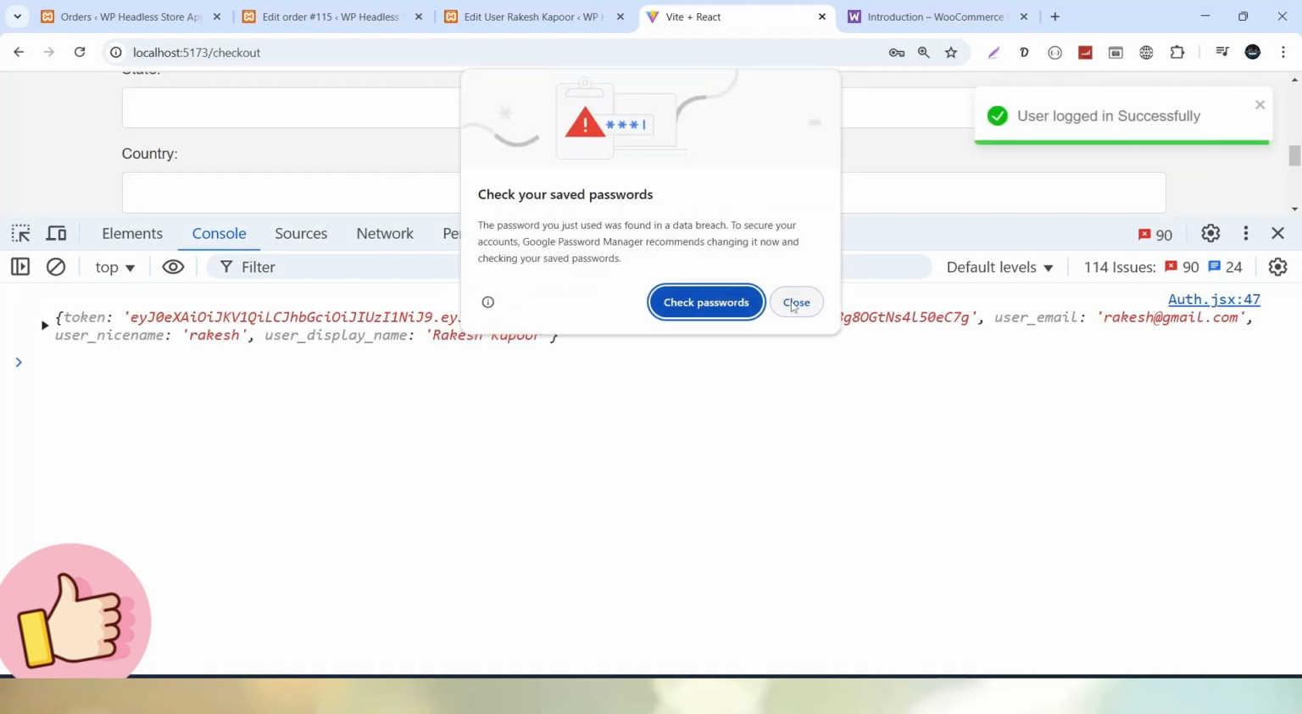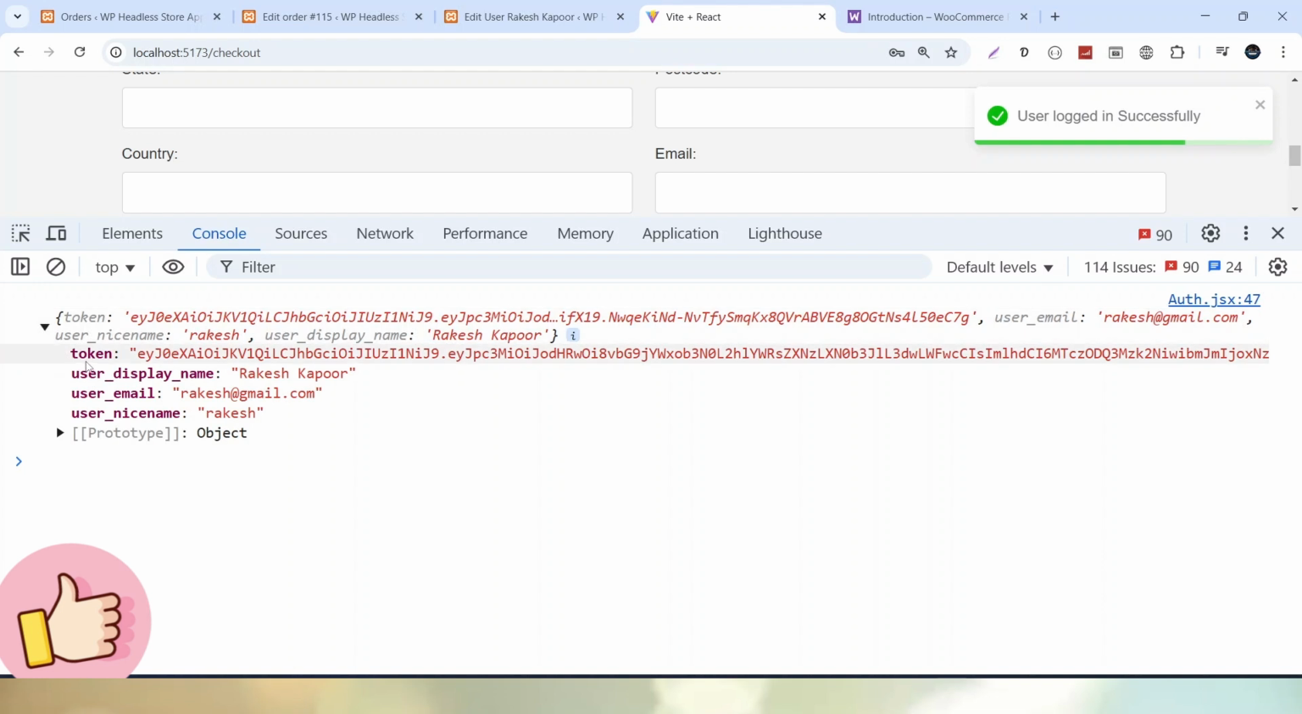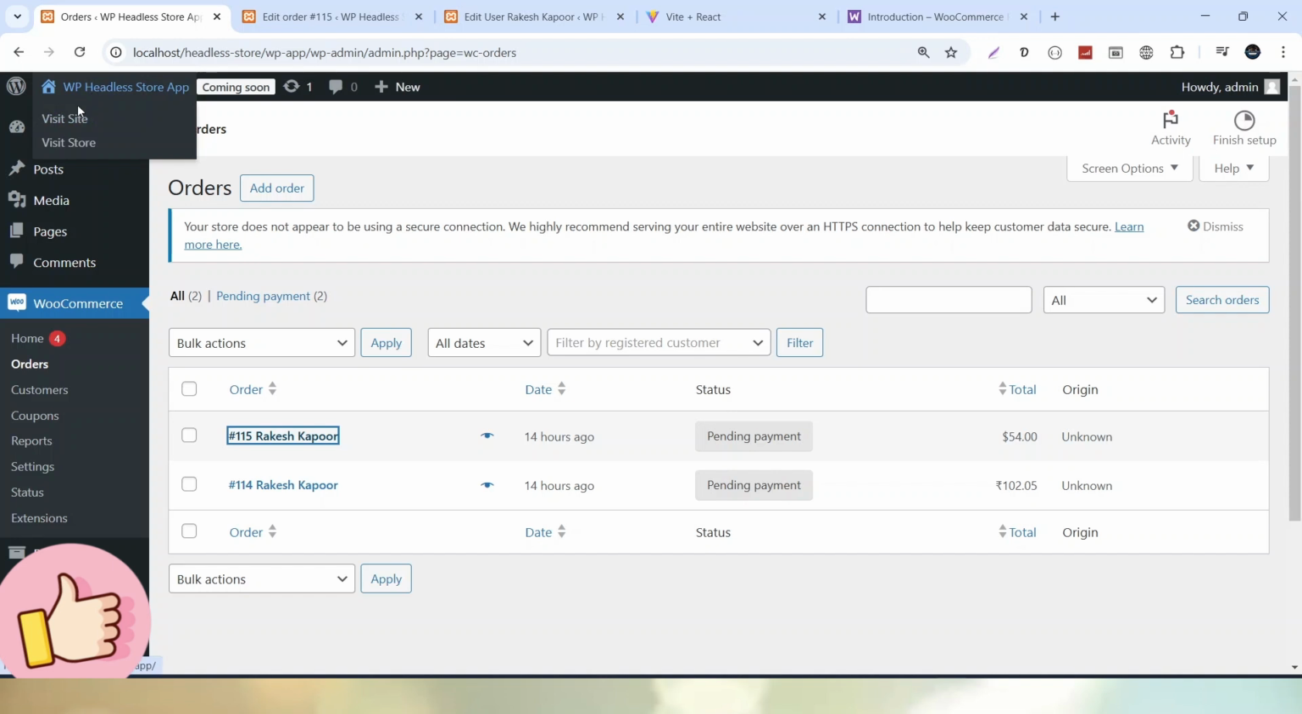And now we can see that after login, we are getting the data like token, display name, email, and the nickname. But here we don't have any option of user ID, but we want the user ID to bind that user ID with the order data. So for that, what I will do, if I go and open this WordPress setup into a new tab,